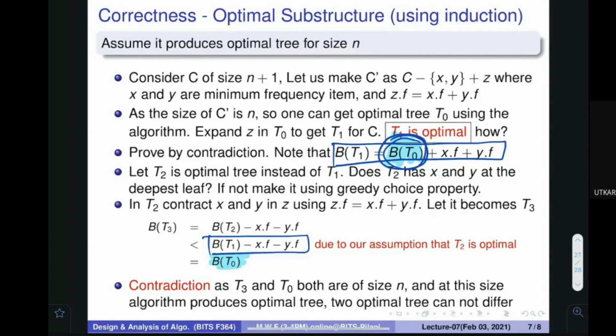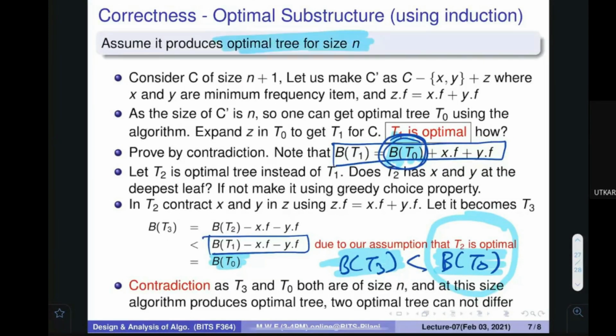What does it mean? That bt3 is actually less than bt0. But that means this T3 is a more optimal tree. Is it possible? Our assumption was that my algorithm gives me the optimal tree.